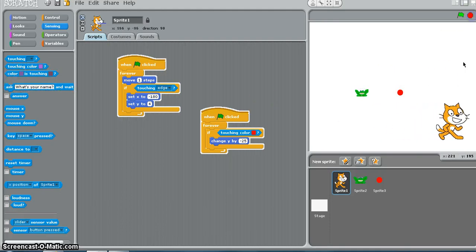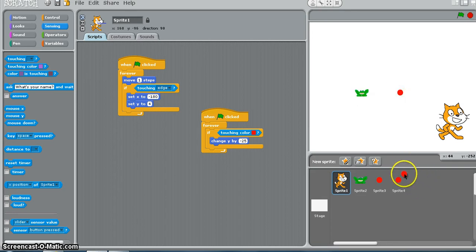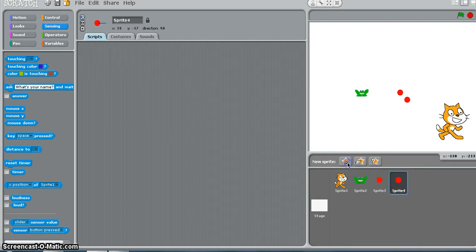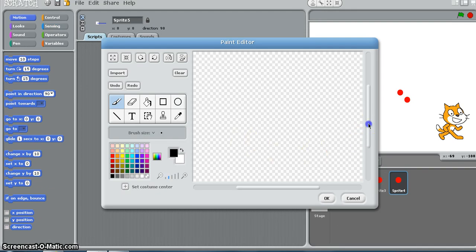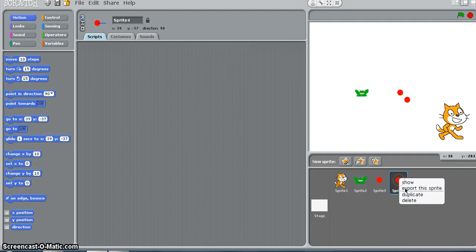I am going to stop this. I am going to duplicate this sprite. Now I duplicated the sprite. And let us look at the y for sprite 3. It's -17. And I'll delete this one here. Now I will go in this sprite. Sorry, I'll actually select it and